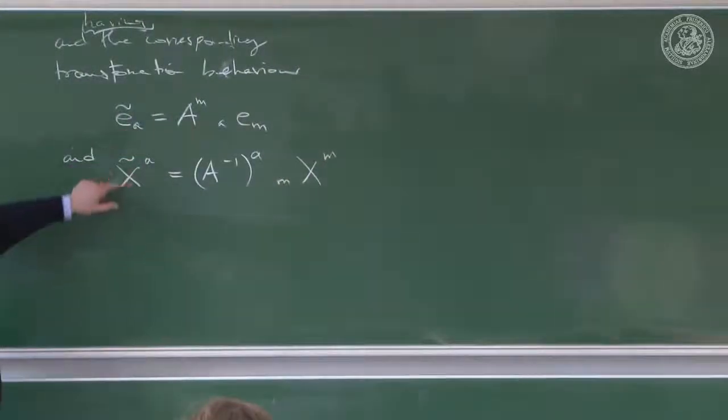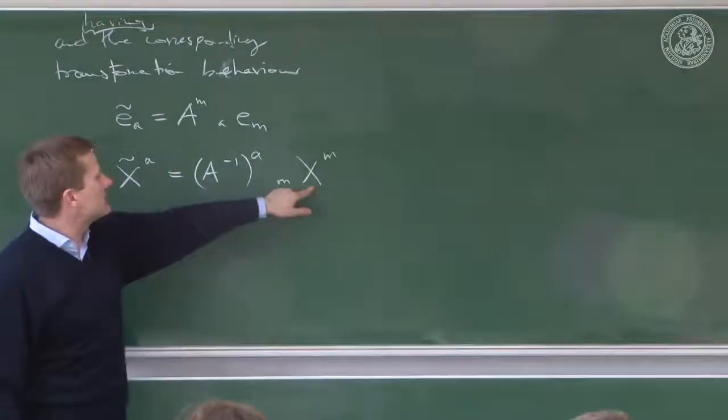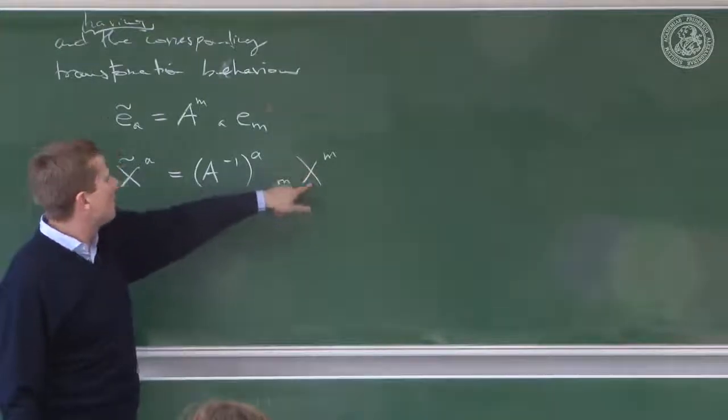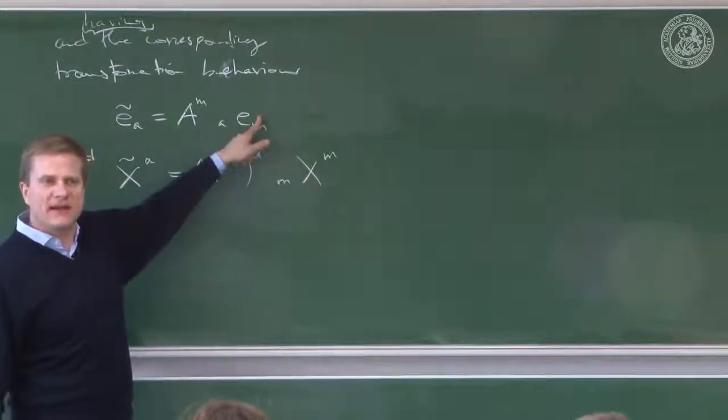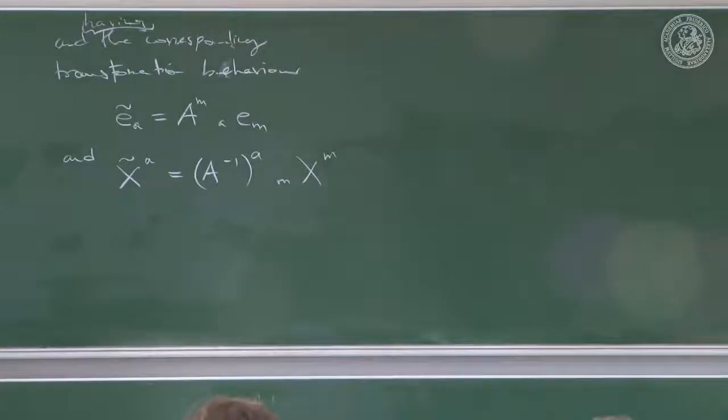Why is this? Well, because then the linear combination of these E tildes with the x tildes is still the same as the original components with the original basis, because the vector is the vector. It's just expressed differently. That's how we understood this A and A inverse before, right? This will be understood